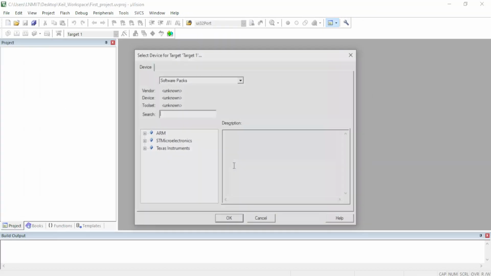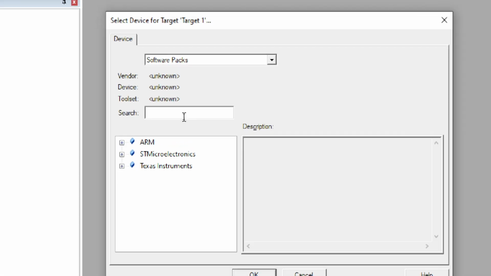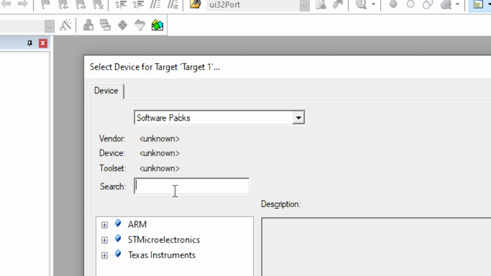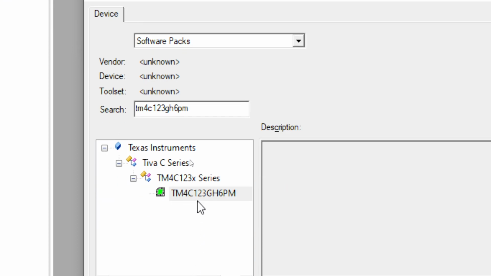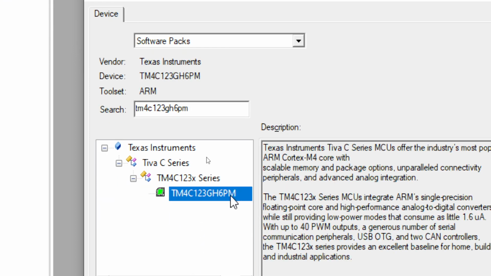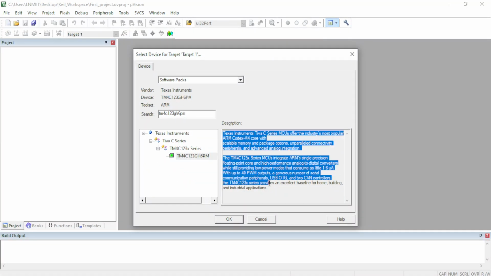So once the project has been created, you will be seeing this particular window which asks for the type of device that you are going to use for the project. Here I will type TM4C123GH6PM. This particular microcontroller is from Texas Instruments and it is available with most of the TM4C TIVA-C packages, and I will click OK,